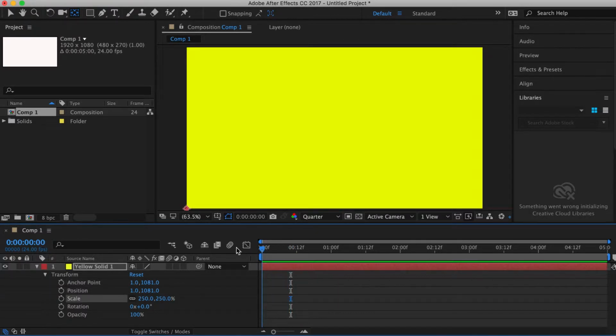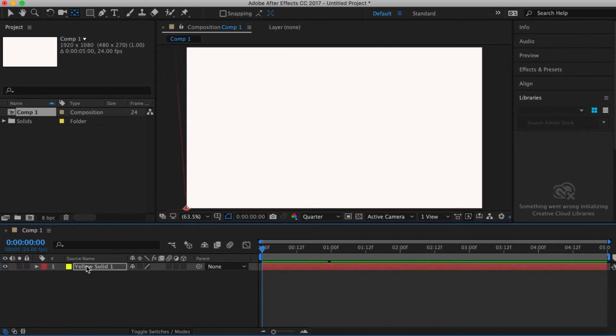Okay, done. Then check the stopwatch beside the rotation. Change your figure to -94. After that, maybe 1 second later, you want to see the yellow solid color, so I make it 91. Okay, so you can see it start to show up. Then the next thing you need to do after this is